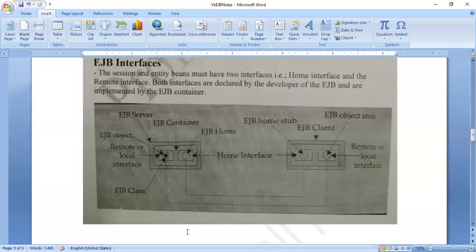Then there was one more, these interfaces were asked. So I will add this diagram also. Actually, this diagram is not exactly of interfaces, but just to show you which is the home interface and which is the remote interface. So home interfaces are here and remote interfaces will be connected to the remote machine. That's all. And then there were two more definitions, like what is CDATA. CDATA stands for character data. Then there was one more definition. I'll just check from the question paper and then I will add it to the notes.